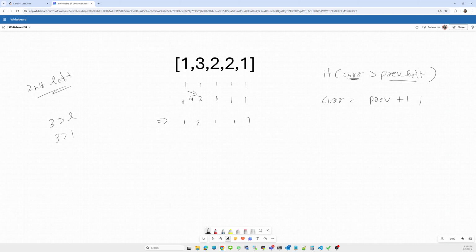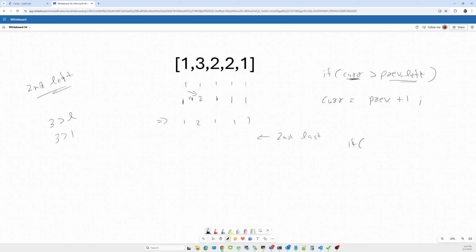Now we start the iteration from the right to the left, starting from the second last element. What will be the condition?